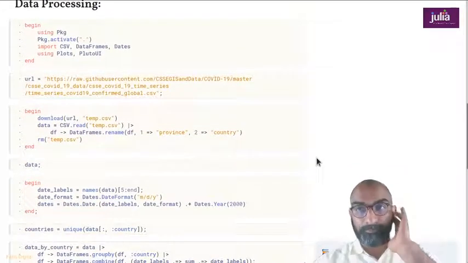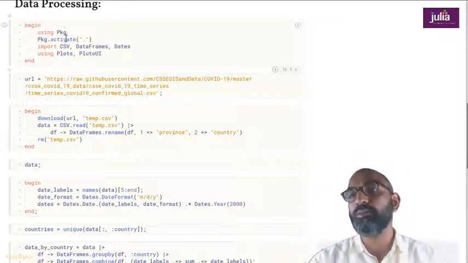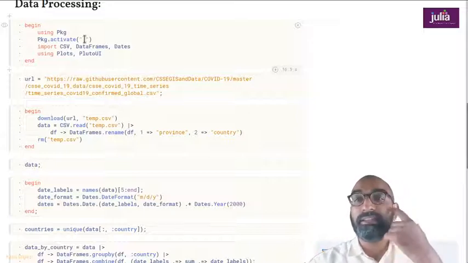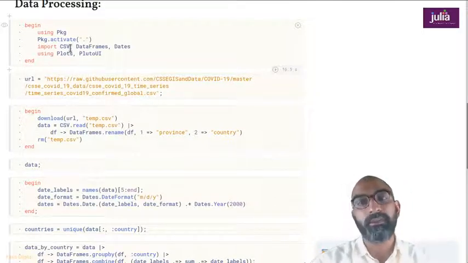So data processing. This is a part where, if you've never seen Julia, the using keyword is the one used to load packages. So here what we're doing is loading the package manager, activating the environment. Maybe I will explain that in a dedicated episode. But what's important here is that we're loading a number of packages: CSV, to read CSV files, so comma separated values. This is your typical text file and very used for data. Data frames, which is